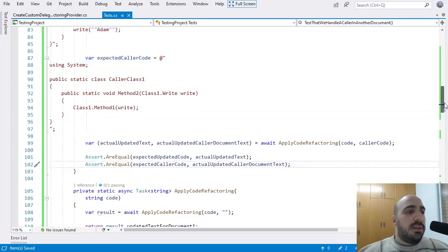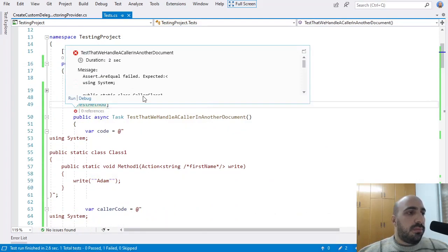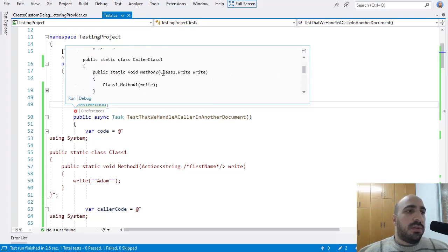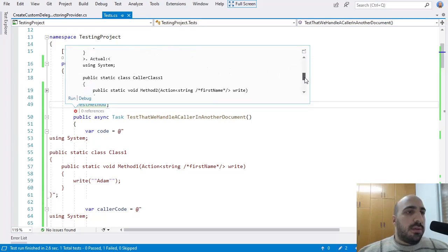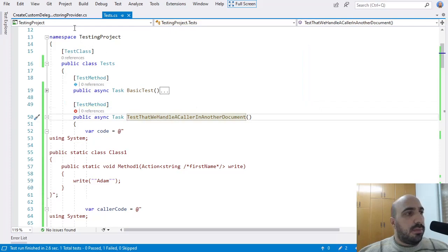Okay, let's run the test now. Okay, and the test failed because we expected the caller method to be updated, but it didn't update. Okay, now we are ready to work on the code refactoring itself.